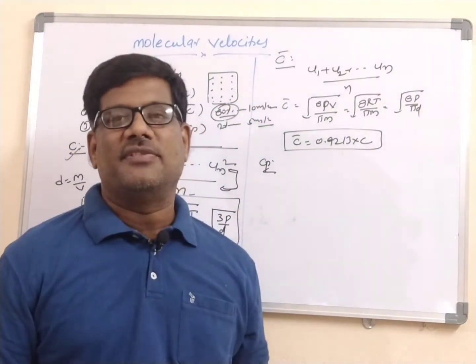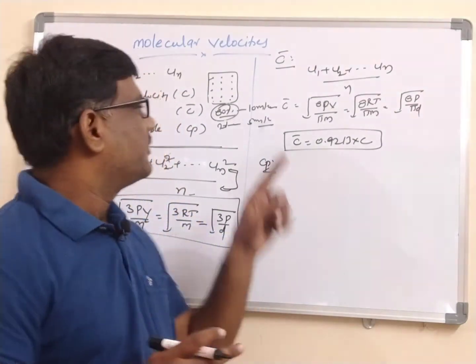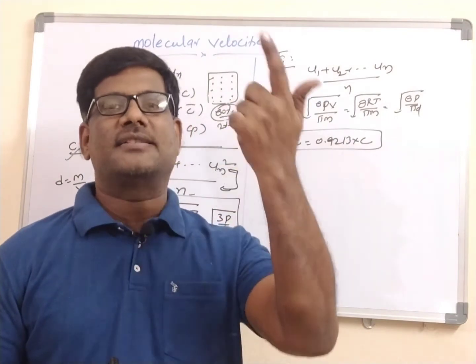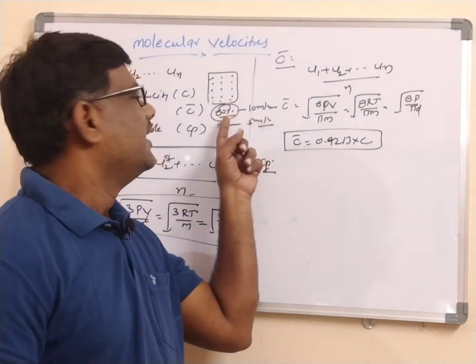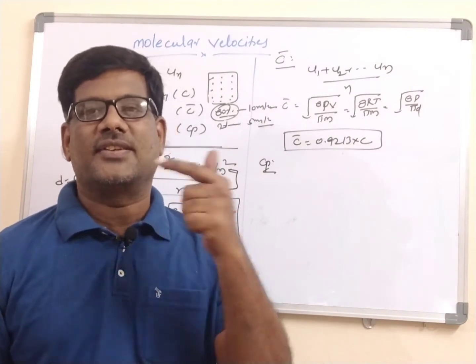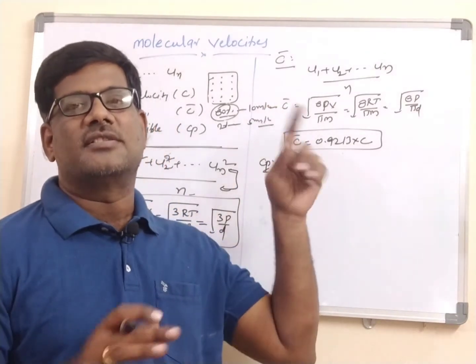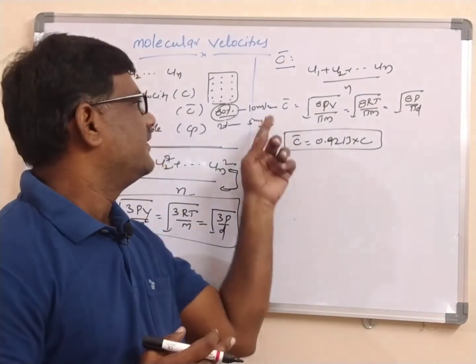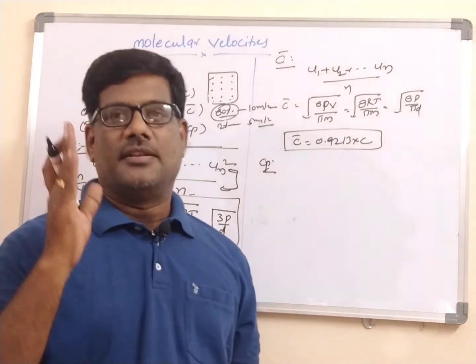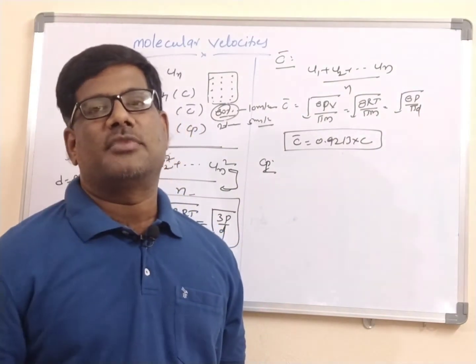Most probable velocity is nothing but the velocity possessed by the maximum number of molecules. Here, in this case, 80% of the molecules possess 10 meters per second. That's why the velocity of the gas molecules is taken as the most probable velocity, which is 10 meters per second. So the definition is: the velocity possessed by the maximum number of molecules is